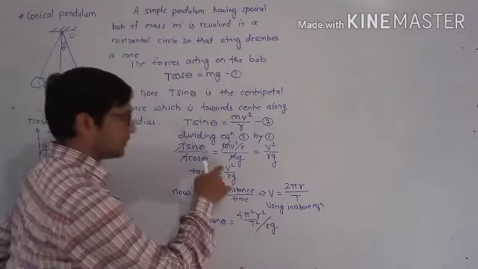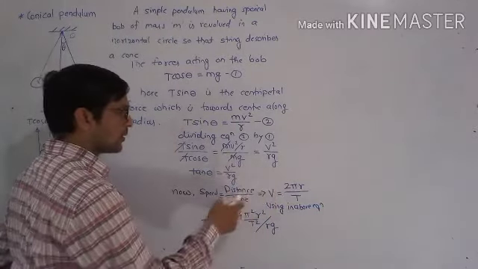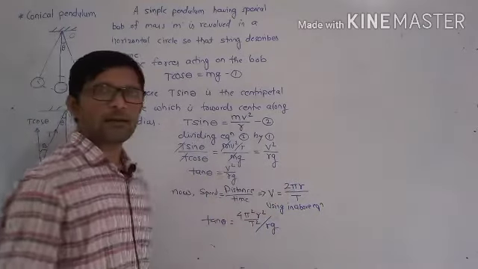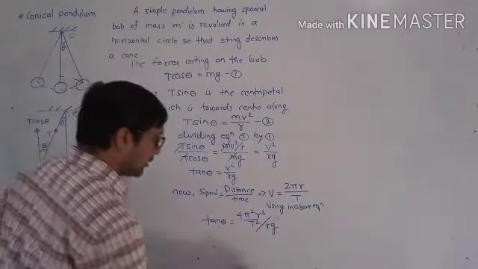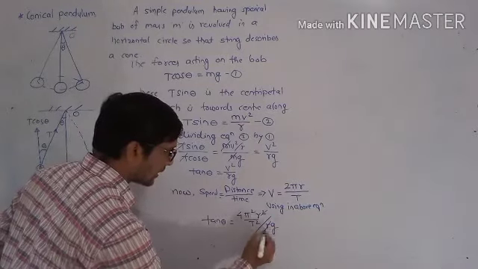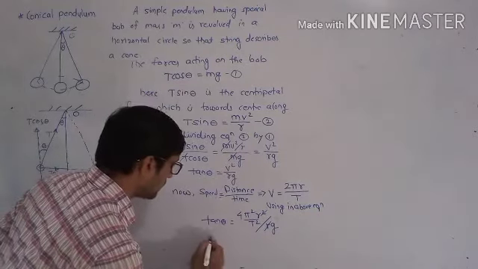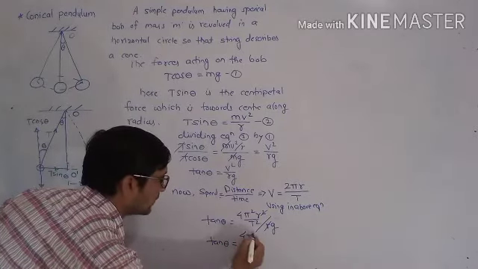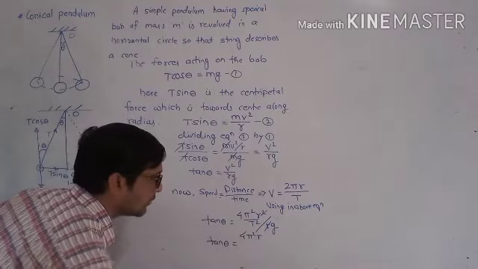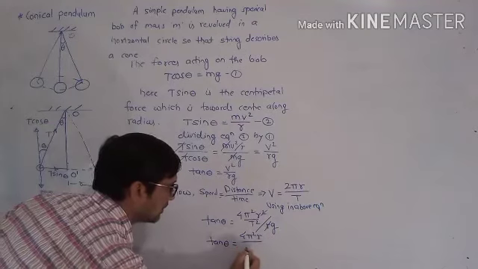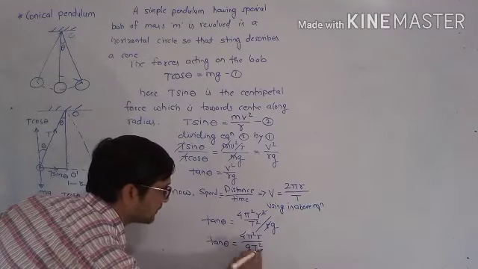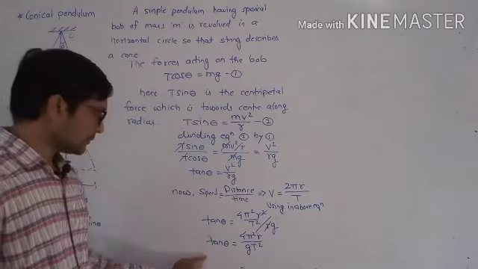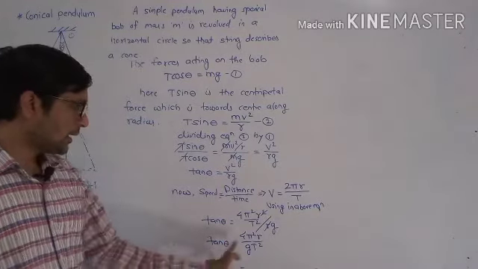We took the term v square: square of 2 is 4, square of pi is pi square, square of r is r square, square of T is T square, and what remains is r g. We have replaced this v square by (2 pi r upon T) square. Okay, we took its square. So this square of r and this r get cancelled. Now tan theta is equal to 4 pi square r upon, T goes to the denominator, right, g T square. Now interchange the position of tan theta and T square.